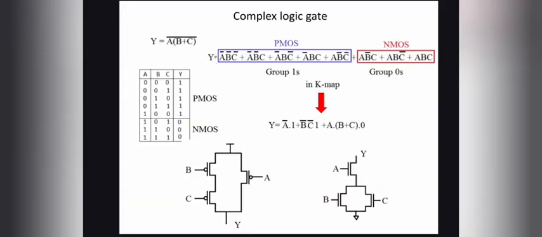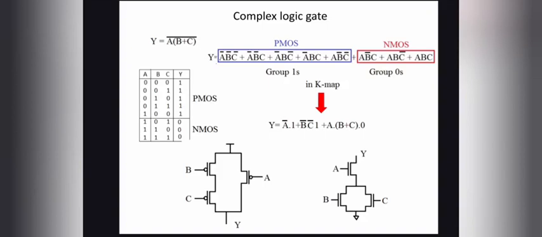We'll see how to write the complex logic circuit for any expression given. For example, y is equal to a into b plus c whole bar. First step is to write the truth table, then we have to group ones and zeros, that is for what input we are getting 1 and for what input we are getting 0. Then we should write this expression in the K map and we'll get the expression for y as something like this. Whatever expression we get by grouping 1, we should consider it for the PMOS